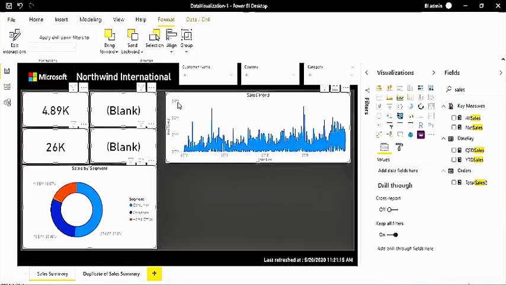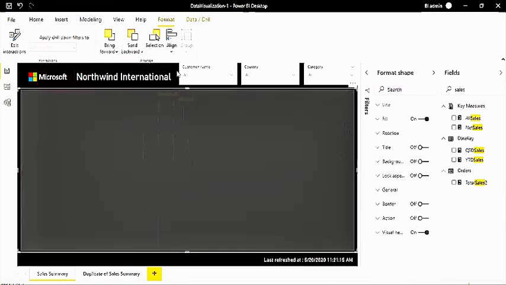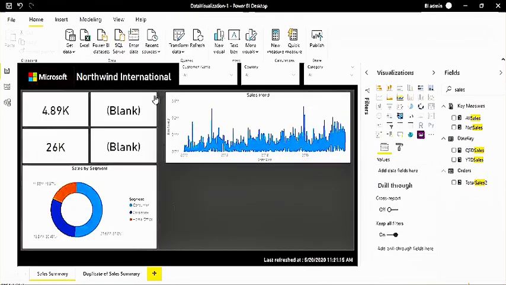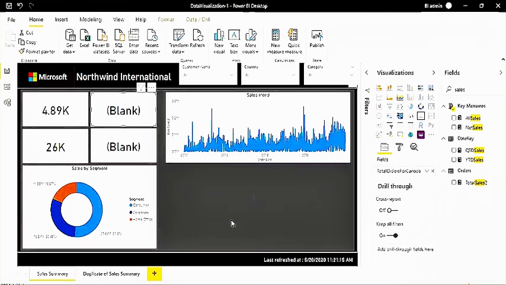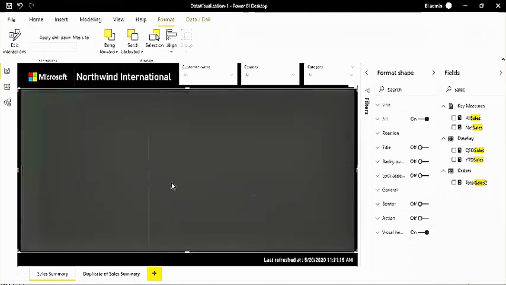Same thing you can do with these also, bring to front. Okay, so like this you can manage it, so when you deploy this report on the Power BI service and select any visual, the background rectangle will not pop up to the front. Is it clear? Any doubt?